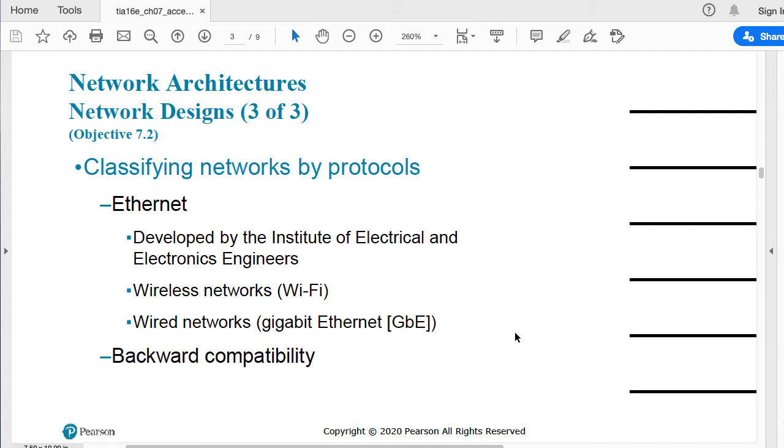Those are the Ethernet, and obviously this can be classified. It has other classifications. You can have a fast Ethernet, gigabit Ethernet, 10 gigabit Ethernet, and so forth. So many different subclasses of Ethernet.